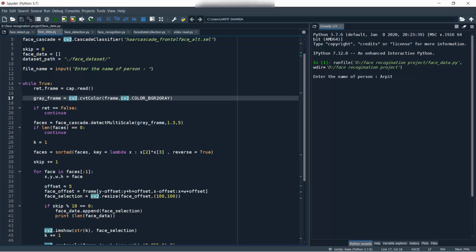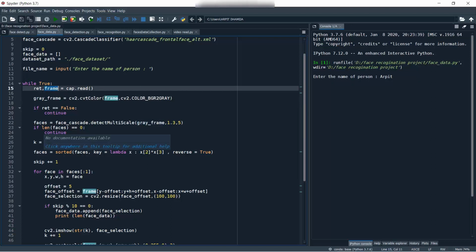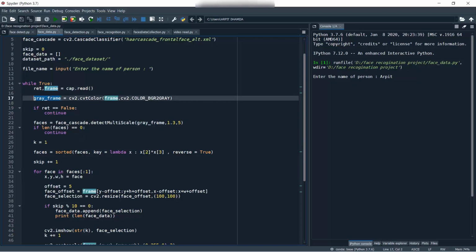Okay, and to convert that we use this type of syntax: cv2.cvtColor, and frame, which is storing our camera feed, and cv2.COLOR_BGR2GRAY. BGR2GRAY means we are converting BGR, like RGB, to grayscale. Okay, so this is the syntax. Initially we are having frame, and in this frame we have a colorful image,